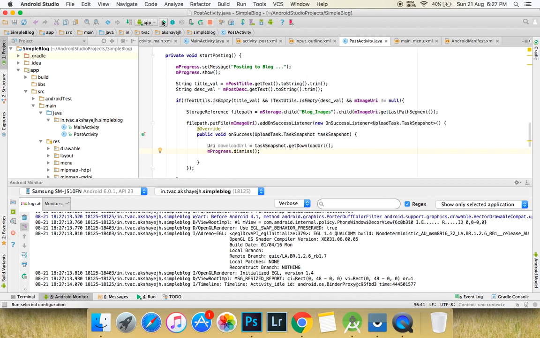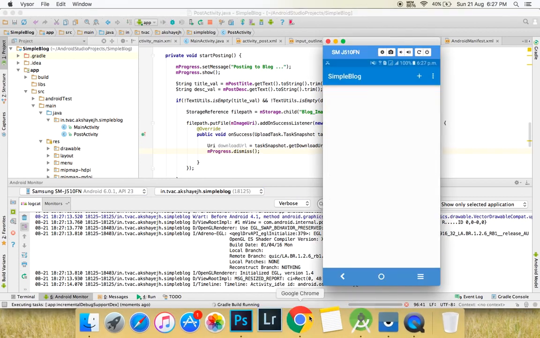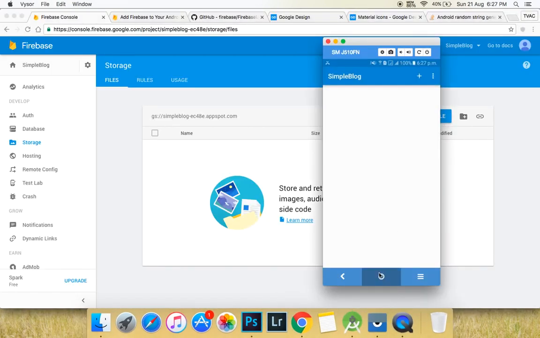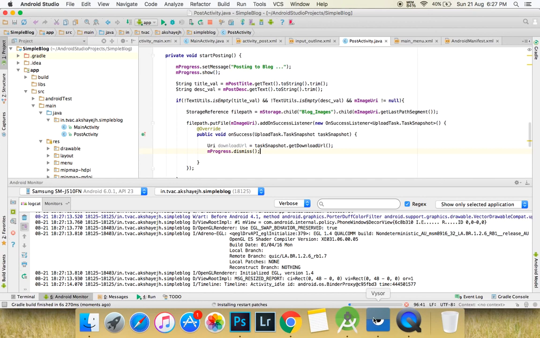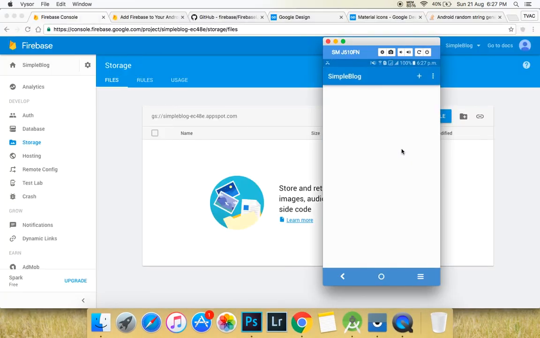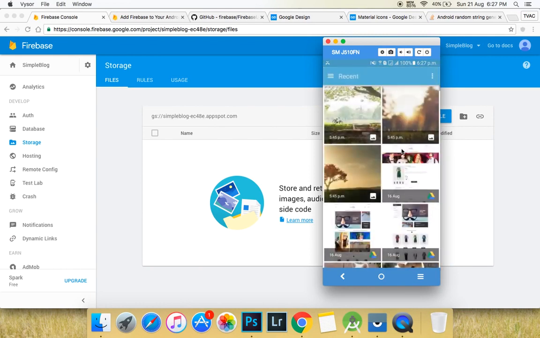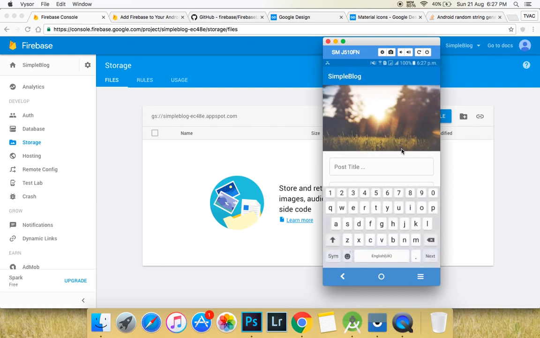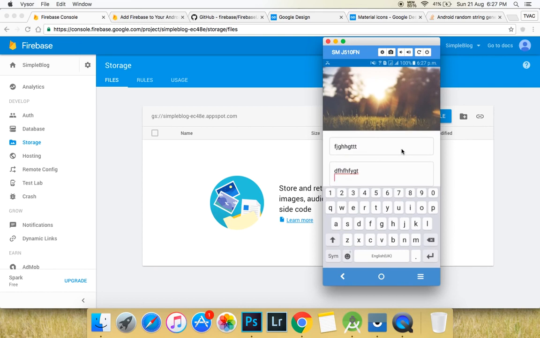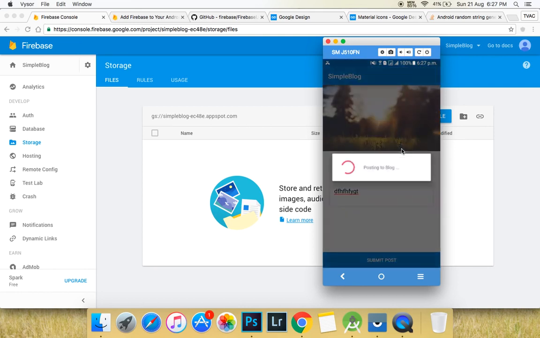Now let's hit the play button again. It surely will run very quickly. Let's just wait. Installing restart patches. Yep, installed. Add an image, add some title, because right now we aren't posting anything, it's just going to upload it. So hit the submit button, posting to blog,